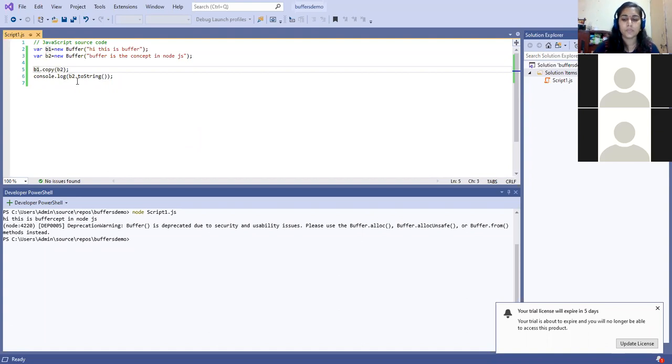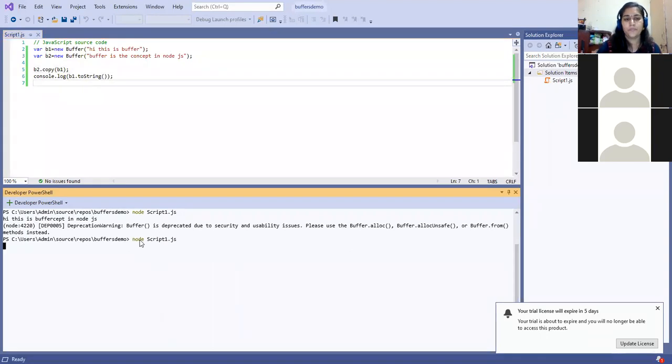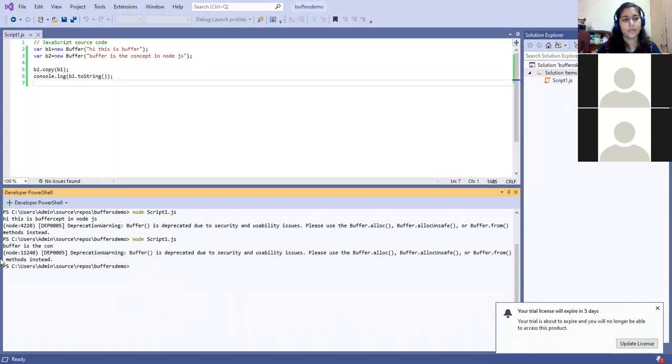Now see, suppose I'm taking the reverse condition. You can see the buffer 2 contents are greater than buffer 1. The whole buffer will get overwritten by this second buffer. So you can see the concept. See the content of buffer 1. Okay, let us see the output. Buffer is, okay, what happened? B2 is this.